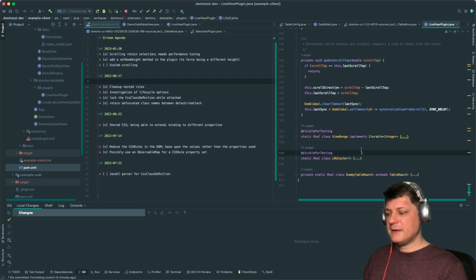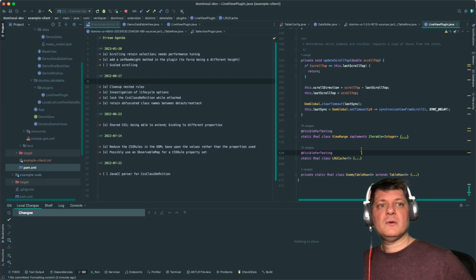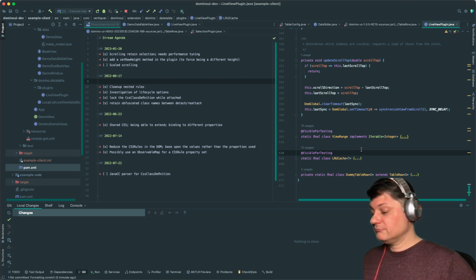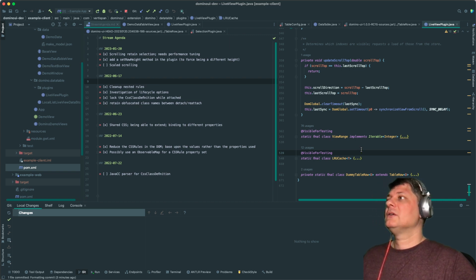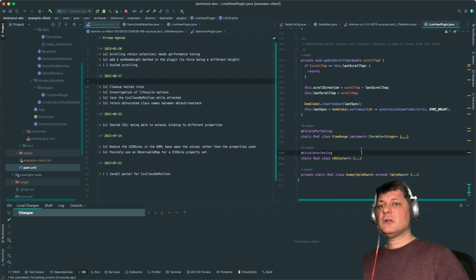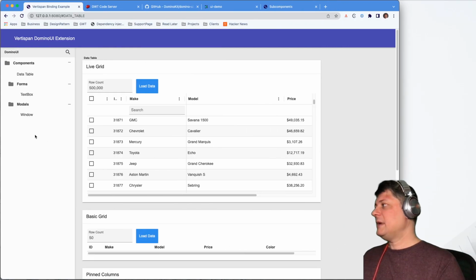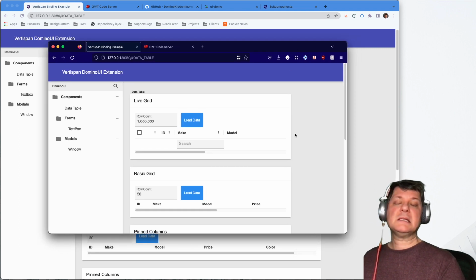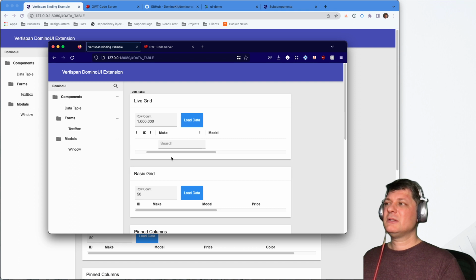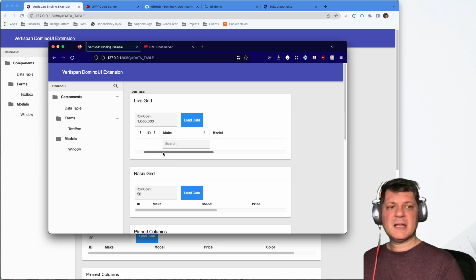So I am going to end it for today. I appreciate you sticking around while I was just fumbling around with the other code. And hopefully next week we can actually get to the scaled scrolling, because I think that is going to be essential, especially for being able to work in Firefox, because Firefox has an issue whenever it gets to like 4 million pixels. Once it gets to that point,